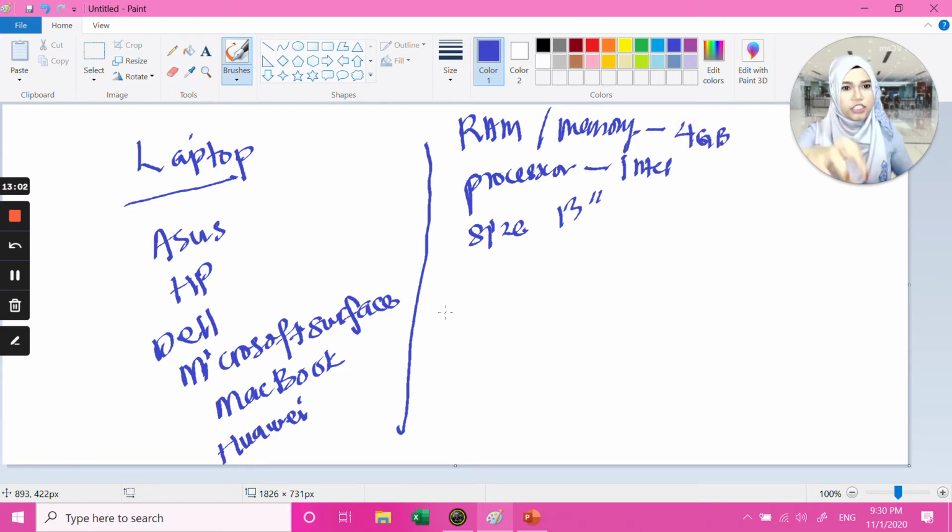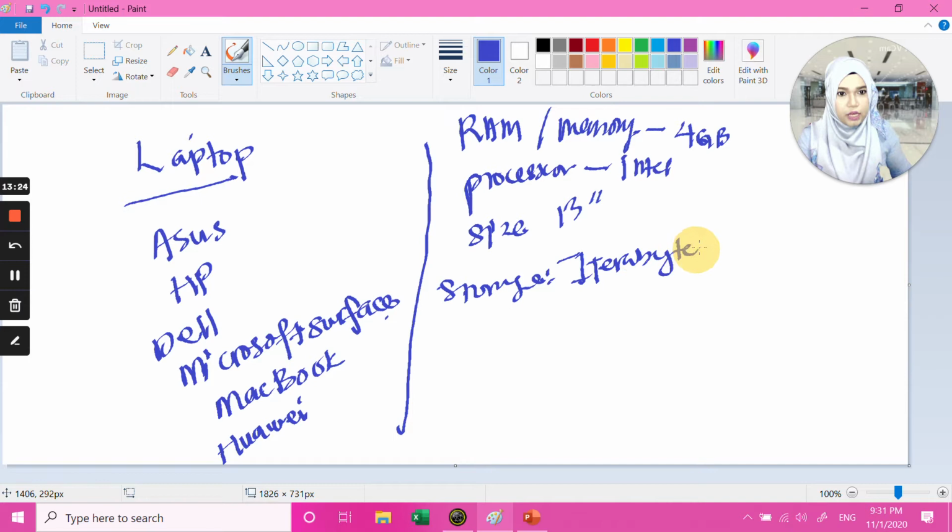So these are actually what they call the evoke set, whereby from this criteria that you set, size, and then what else do you want? What are other important things when you want to buy a laptop? Storage, for example, perhaps you want at least 1 terabyte. Now, out of the brands that are available in the market,